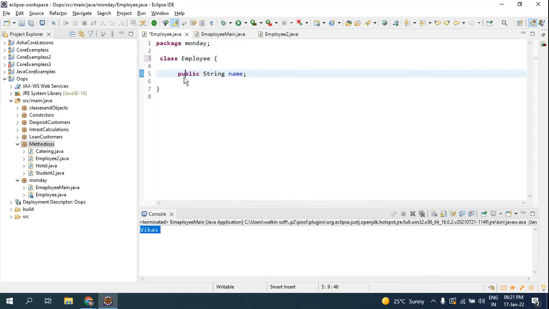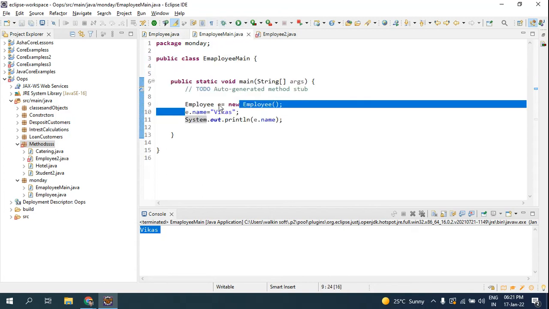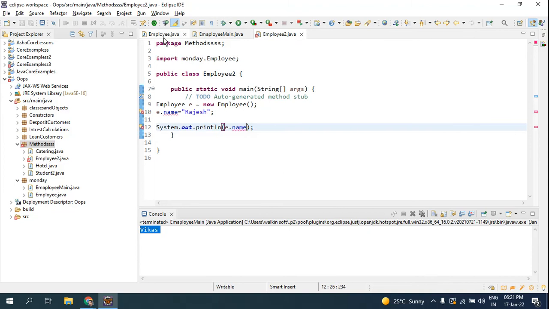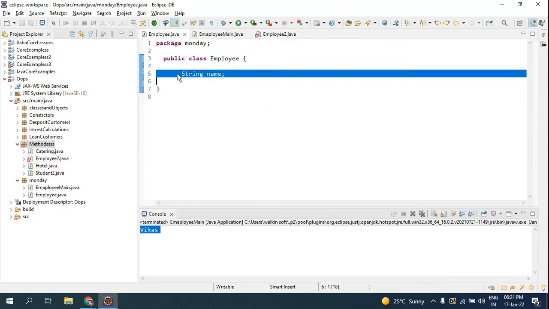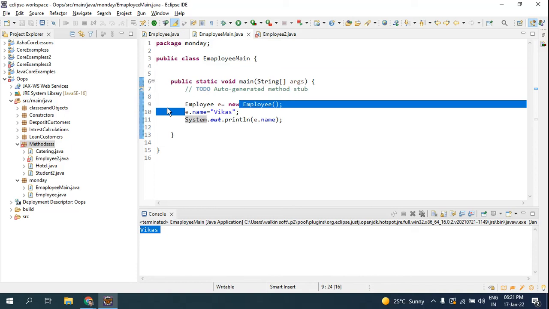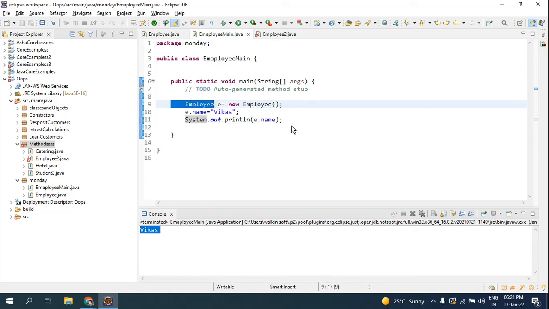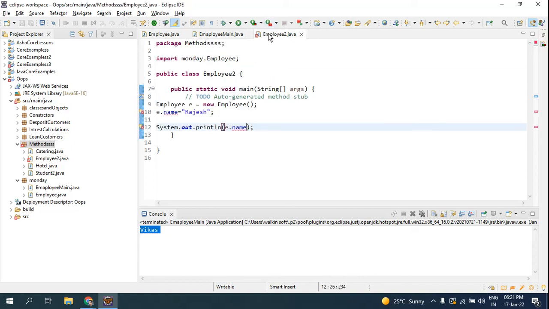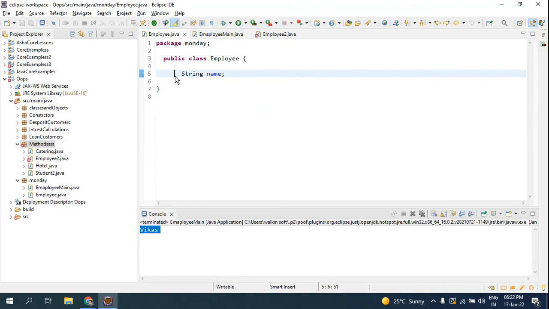And again, this should also be public. If not, even if you make this class public, it gives you errors. So if I make this public, look here, in the default package it is accessing, but here you cannot access because the attribute is default. When I say default, it can be accessed only in a class which is inside the same package. Here look, there is no error for this object. For import you got no error, but for name you got an error. So you have to make use of public String so that it can be used in a different package.